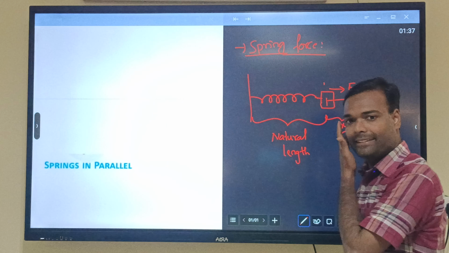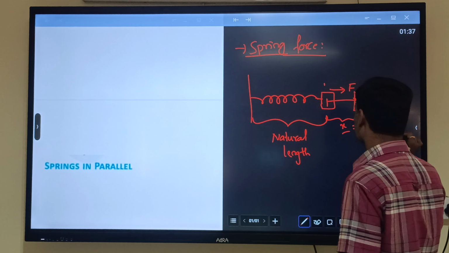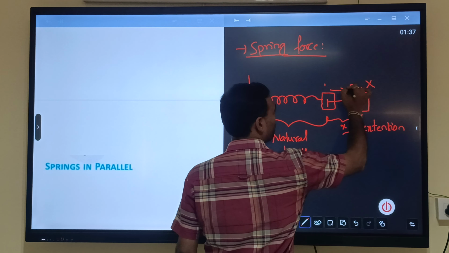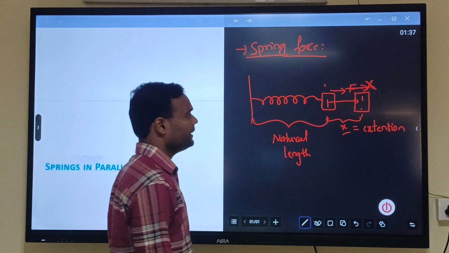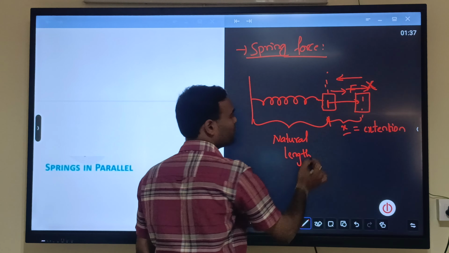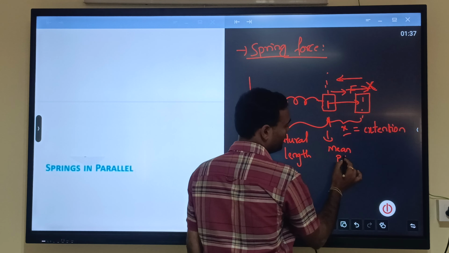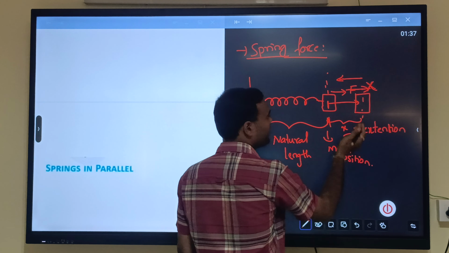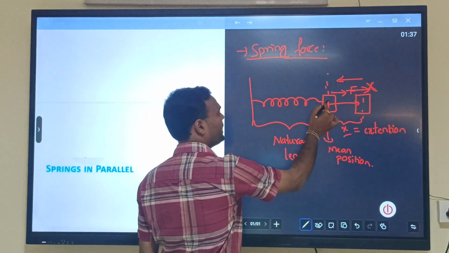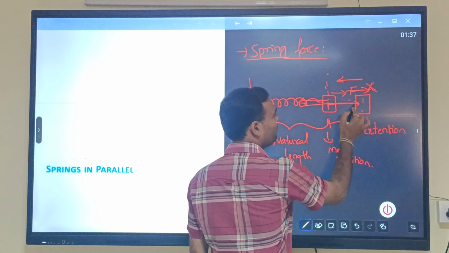The displacement is x. This x is called the extension in the spring. Now whenever I remove that external force, the spring will automatically try to pull the block towards its original position. This original position is known as the mean position. The spring will try to pull the block towards its mean position, and because of inertia, the block will move out of the mean position,